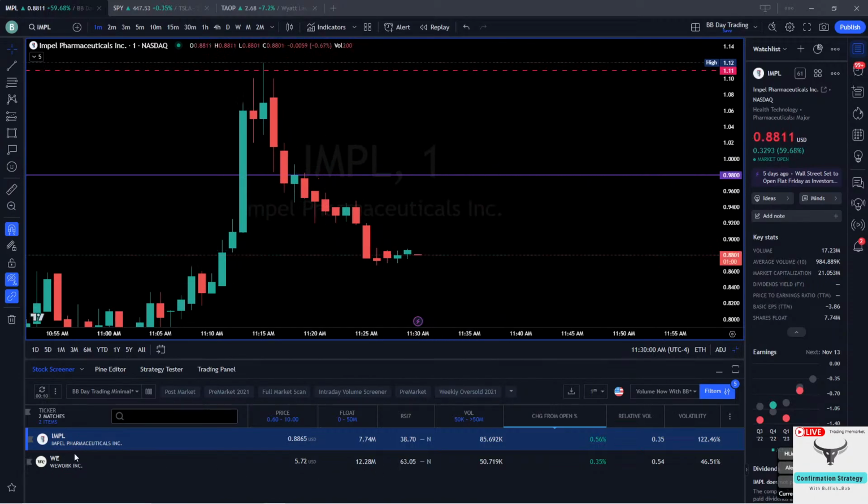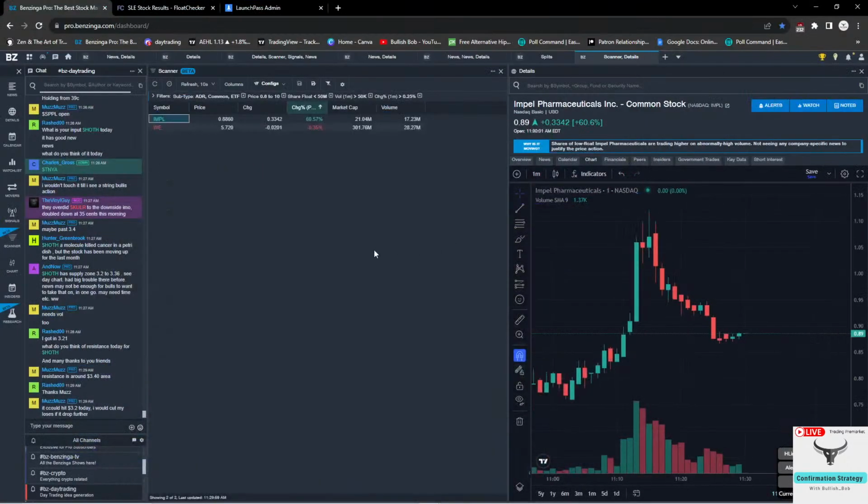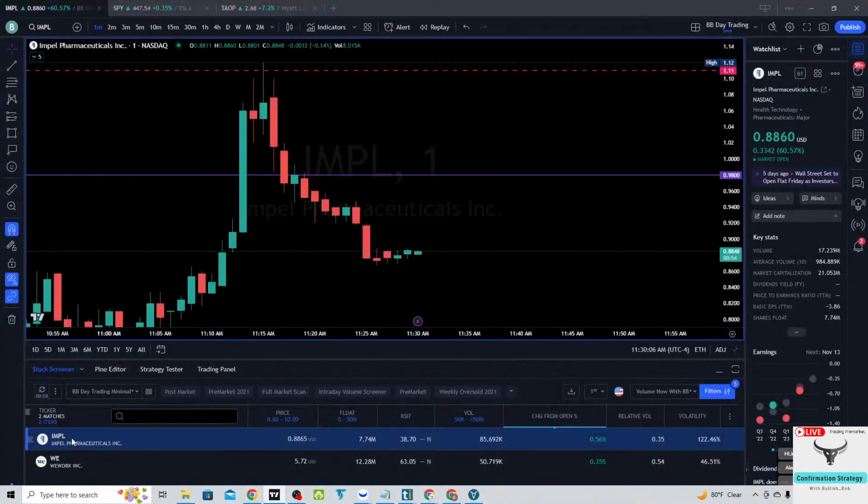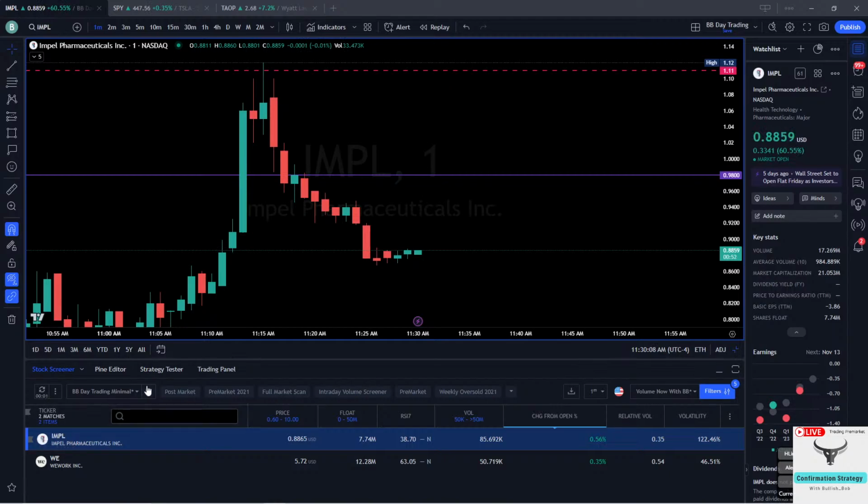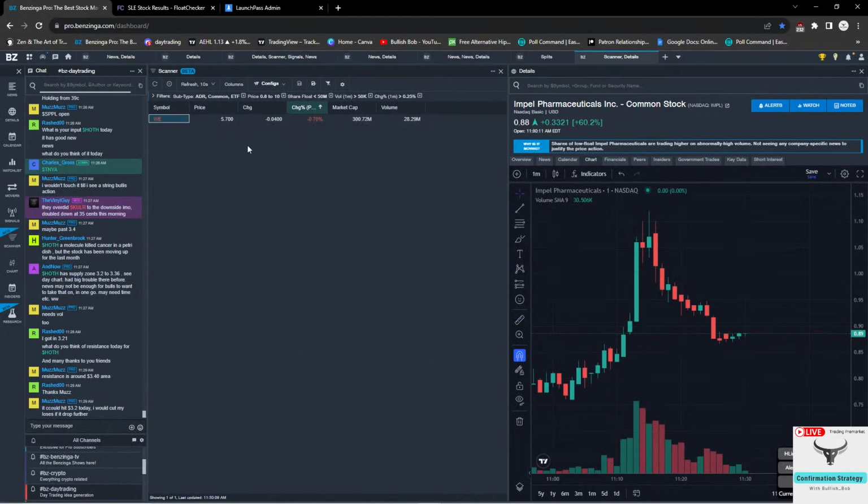We just built the same scanner we have down here as well. So we can see WE and IMPL. Go to TradingView, IMPL, WE. So, it doesn't matter where you build these scans, guys. You can build them anywhere, and it's going to be the same idea. We're looking for volume and liquidity, right? We're looking for